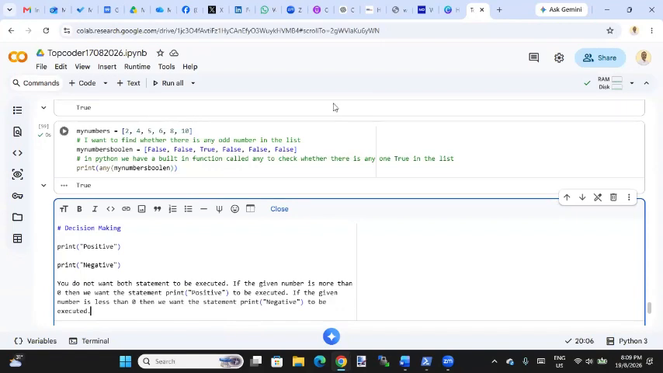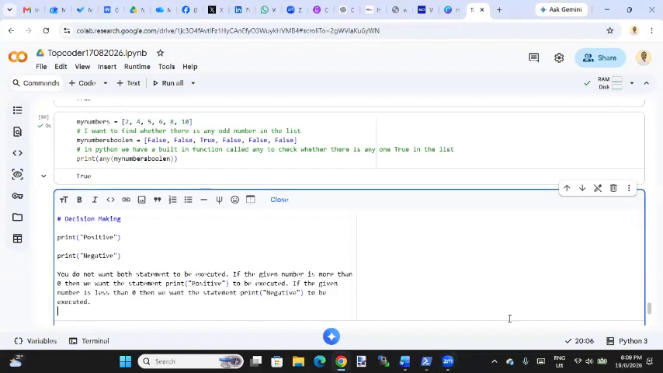So in certain cases, we don't want all statements to be executed. Some statement will be executed when a particular condition is satisfied. If the condition is not satisfied, we want another statement to run, not the same statement. So now, in order to achieve this,